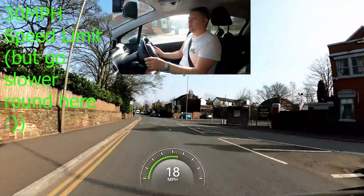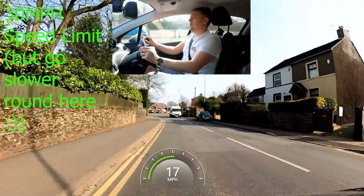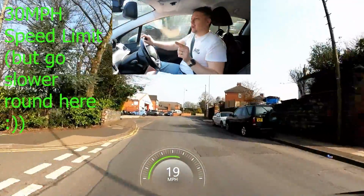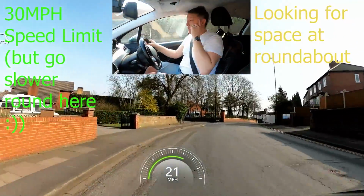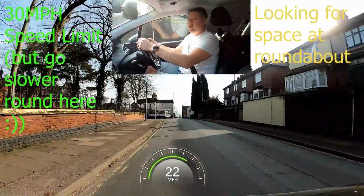What do you look for when you get to a roundabout? As you're approaching any roundabout or junction, there's one thing you're looking for. What is it? Do not say cars. You better not have said cars. No, not cars. You are looking for space. Space and only space. It's really important you get that across in your mind, because when you start looking for space instead of cars,